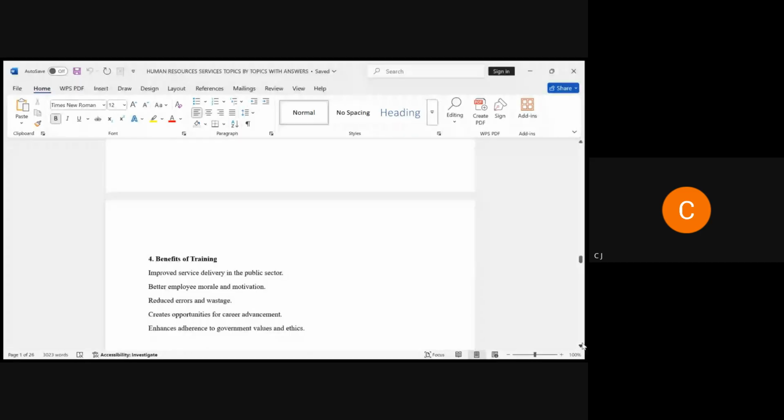Take advantage and go and study at Kenya School of Government. Go and study, and you will now know the benefit of it once you have certificates of Kenya School of Government. You will be at par with your colleagues that you are with at the same place of work.